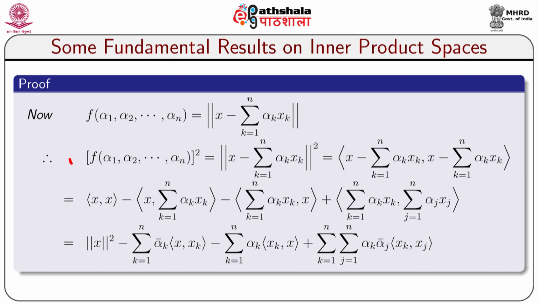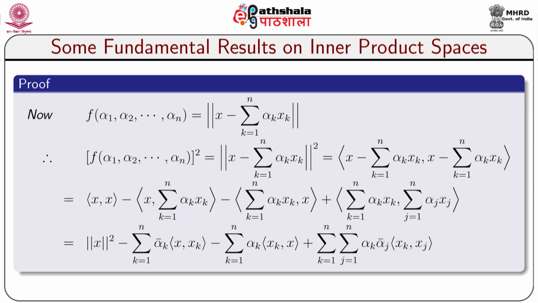Therefore, f of alpha 1, alpha 2, dot dot alpha n whole square is equal to norm of x minus sigma k equal to 1 to n alpha k xk whole square, which is equal to inner product x minus sigma k equal to 1 to n alpha k xk comma x minus sigma k equal to 1 to n alpha k xk, which is again equal to inner product x comma x minus inner product x comma sigma k equal to 1 to n alpha k xk minus inner product sigma k equal to 1 to n alpha k xk comma x plus inner product sigma k equal to 1 to n alpha k xk comma sigma j equal to 1